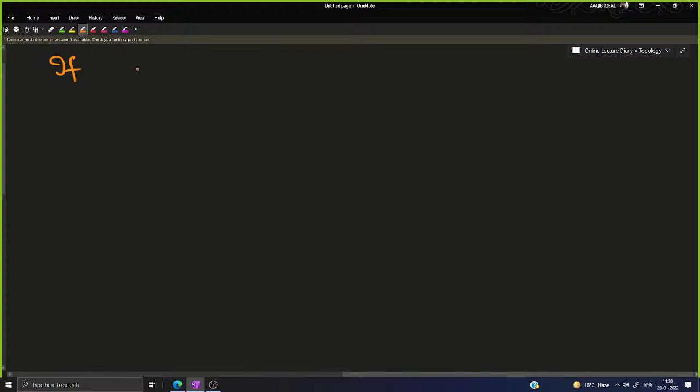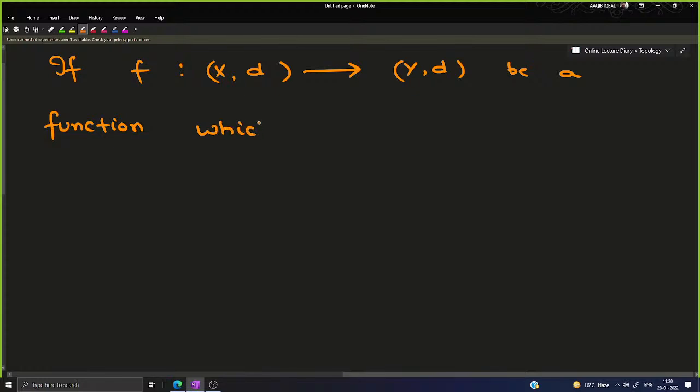वैसे देखिए, if f from Xd into Yd be a function which is continuous on X, full stop. Then for each little x in capital X and